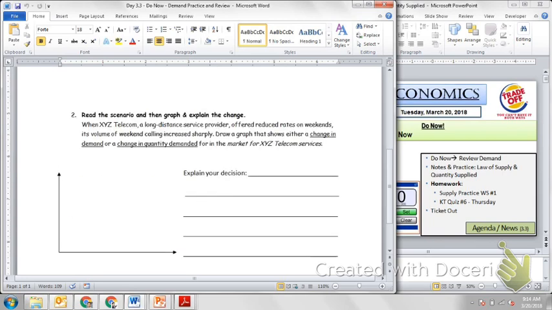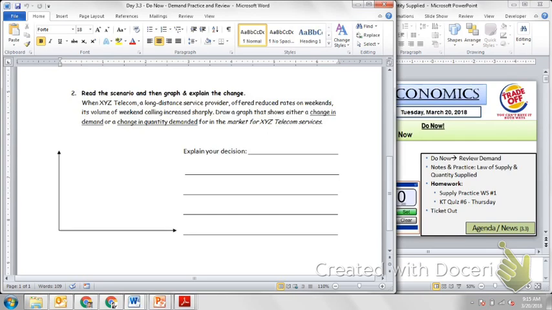For number 2, we start off in a similar way, label our axes, price and quantity. We have our demand curve, and then the scenario says XYZ Telecom offers reduced rates. Hey, that sounds like a decrease in price. Does this create a change in demand or change in quantity demanded? And since we're only working with one item here, which is XYZ Telecom, right,